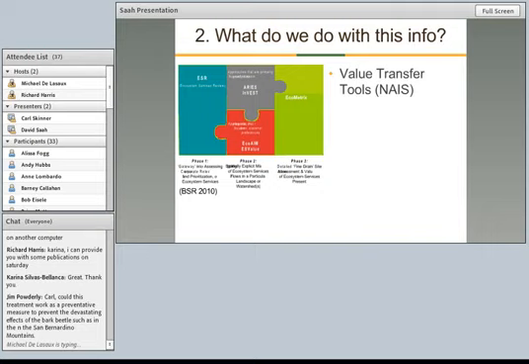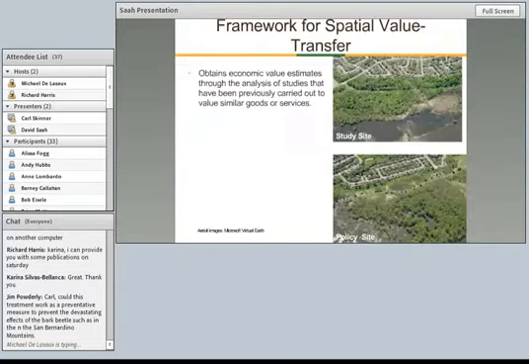And then you get into these more detailed, fine-scale, on-the-ground sort of measures where you're actually looking at the effects of a specific project. And Ecometrics has a variety of tools that deal with that. One of the ones I'm going to be talking about today is NAIS, the Natural Asset Information System. Basically it is a database of research that is used as information for all of these generic approaches.